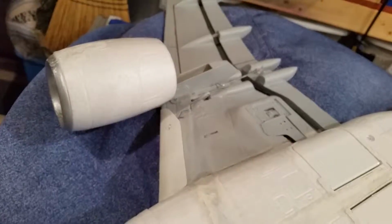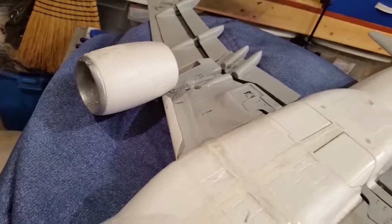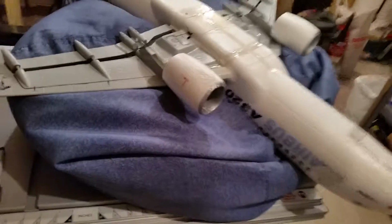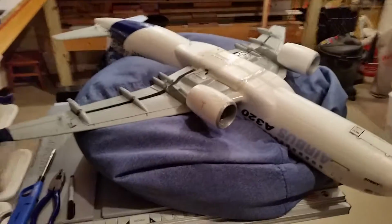Got a little more work to do on this linkage and everything, just to figure out which hole I need it in for deployment. I think it might be deploying too much right now, so I may end up having to go into that inside hole to reduce the amount of deployment. So keep watching, guys. This is going to be part one of the leading edge slats on the Airbus A320